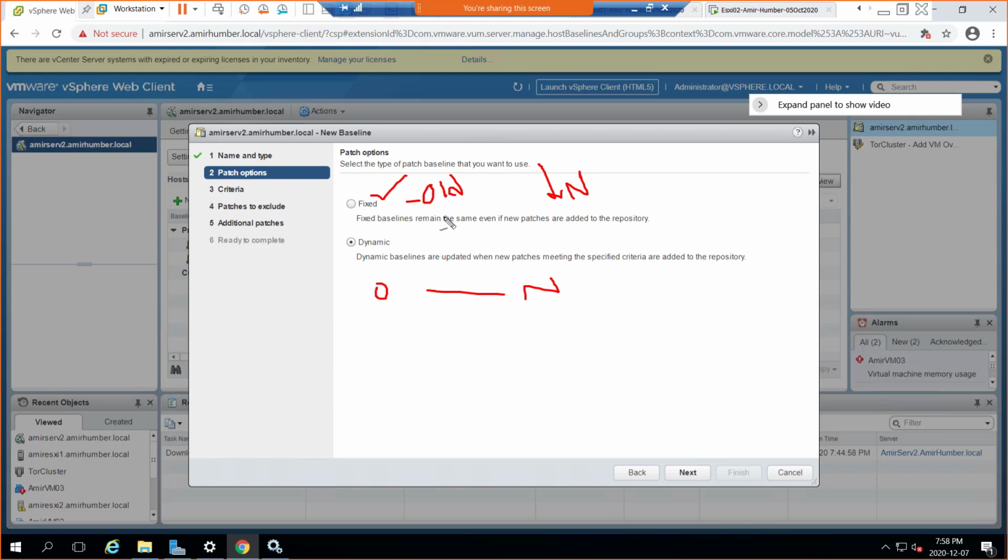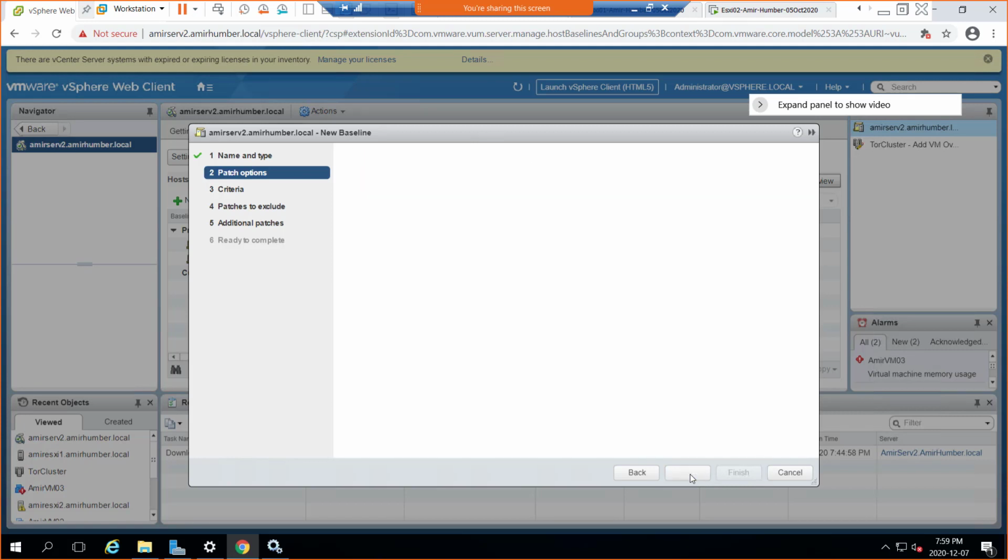That's why you have a test environment, exactly the same vCenter but in a test environment. First you check the patch there and remove the old one, and if nothing happens in the test environment, then you do that in the production environment as well. With this logic, we're going to stick to dynamic here and click next.